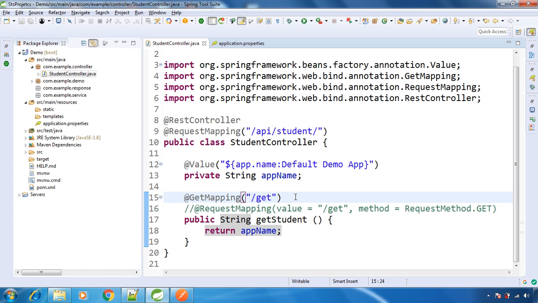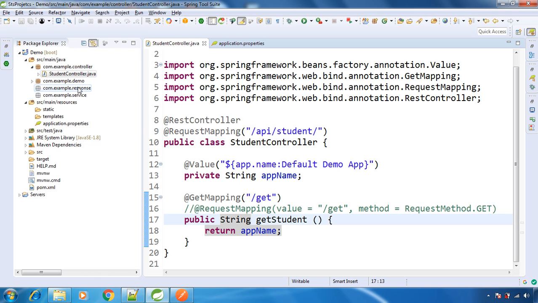Hello and welcome back. In this lecture, we will see how to return JSON from our GET API. Till now we have seen the simple GET API that is returning a string. But in real time, in your application, most of the times, not always, you will return JSON, be it your GET API, PUT, POST or DELETE API. Most of the times you will return JSON in the response. So let's see how to do this.